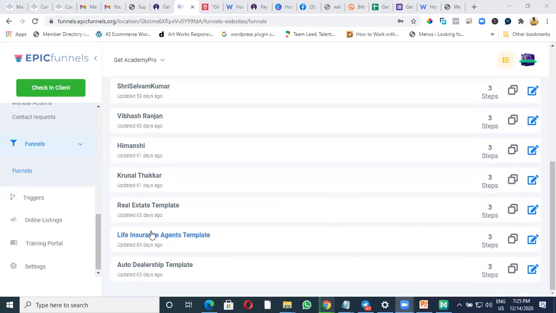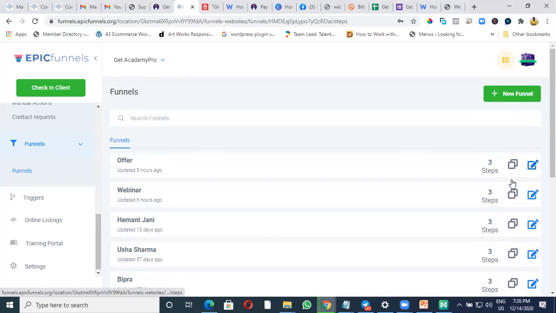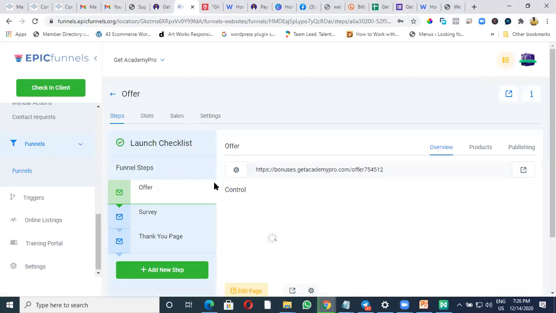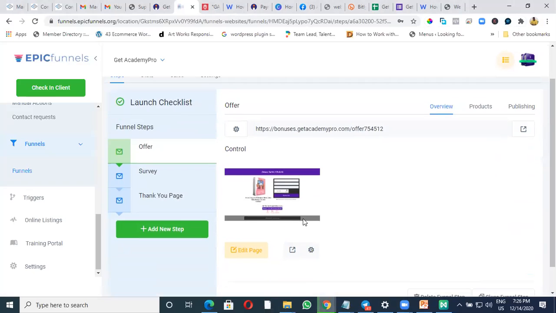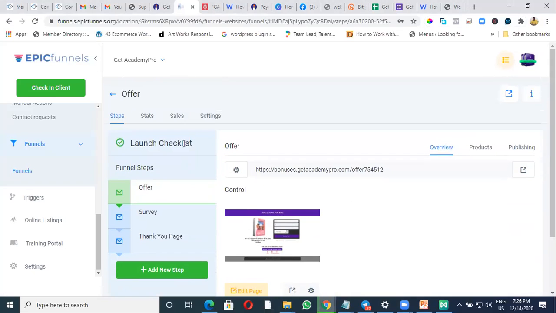Now, if you are able to see that screen, the local consulting funnel, you need to click on the edit button, which is on the right hand side corner, the blue button. Just click on edit funnel, and once you do that, you would be able to see something like 3 options. One is offer, the other one is survey, and the third one is thank you page. Now, is everyone able to see this page